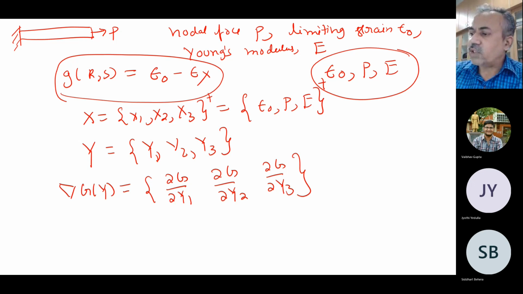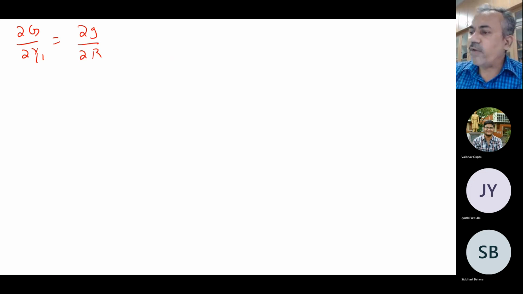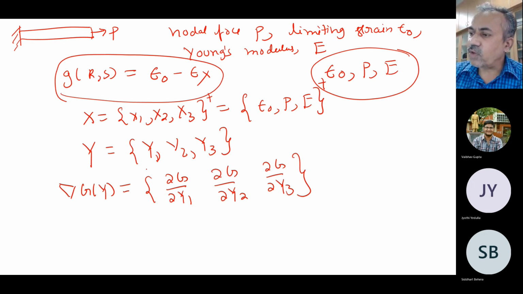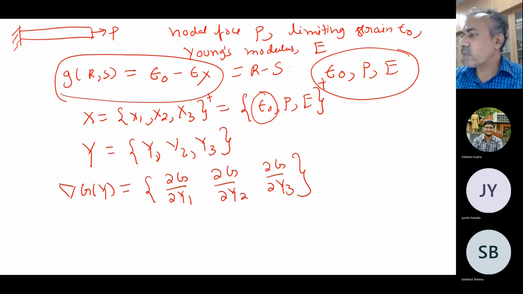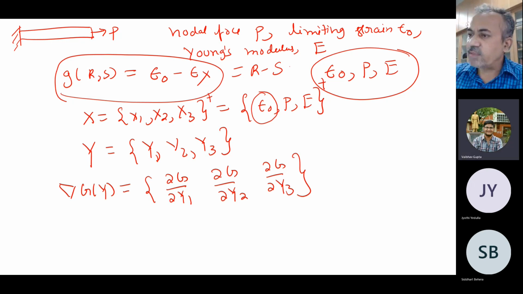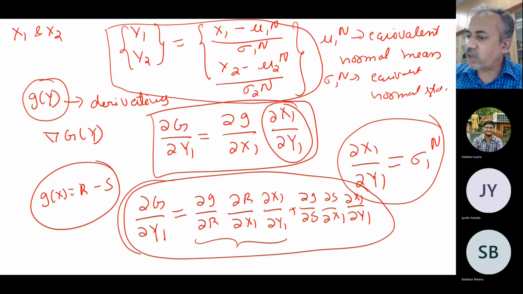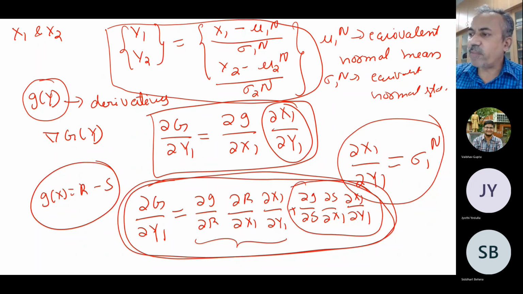So now we will calculate dou g by dou y1, say. Okay. So we will write this as dou g by dou r. So now y1, what is y1? So y1 is anyway related to epsilon naught only. Now epsilon naught occurs where? So if I write this as r minus s, epsilon naught is coming in r or in s? R only. So now in this expression, this entire term goes away because it is not appearing in the S itself. So only the first term will be there.